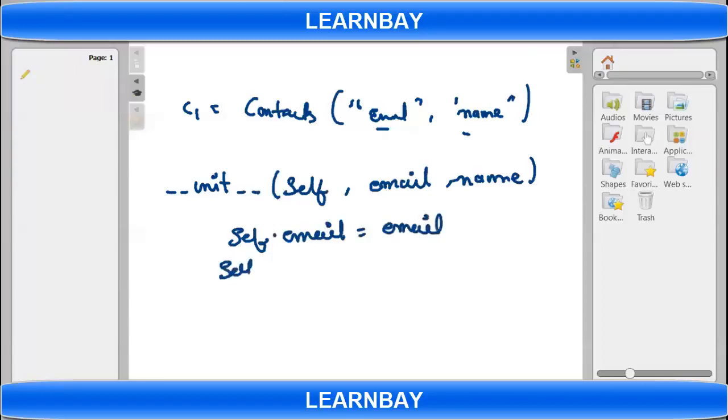Similarly, self dot name is equal to name. Now how will you add this in the list? There's an empty list here. I want to add this C1 in this list.